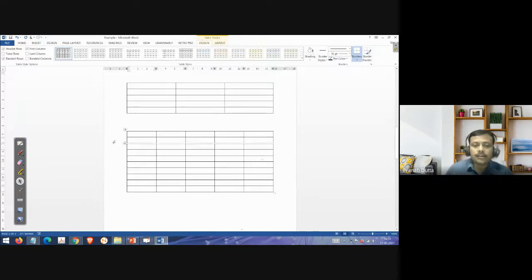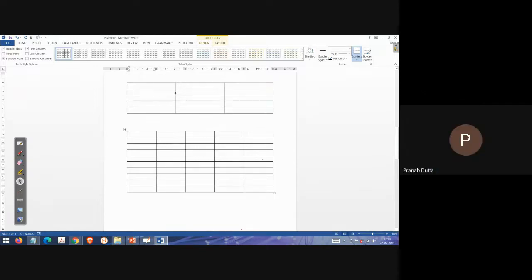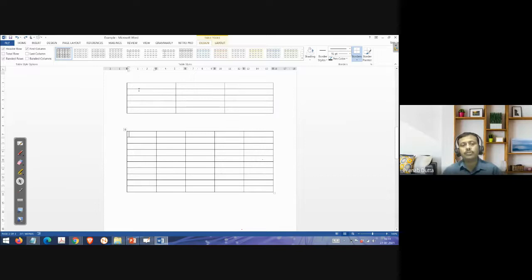Okay. And this length and width of this table, I can easily verify it. If you just put the cursor near this vertical line, there will be an equal-like symbol. Click the left button and drag it. Right? You see, you can change the size. So that also we can do.